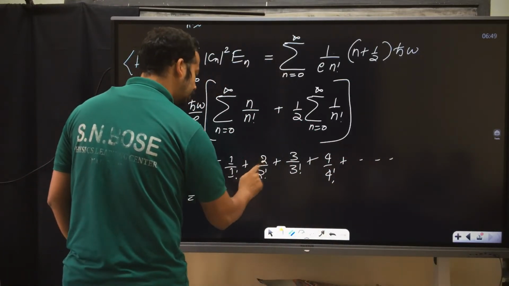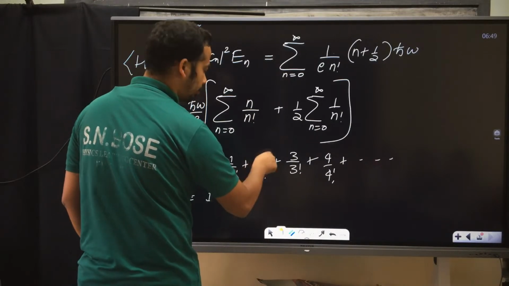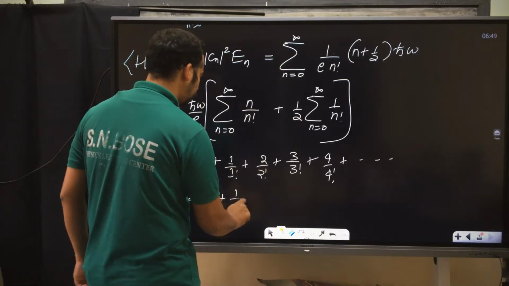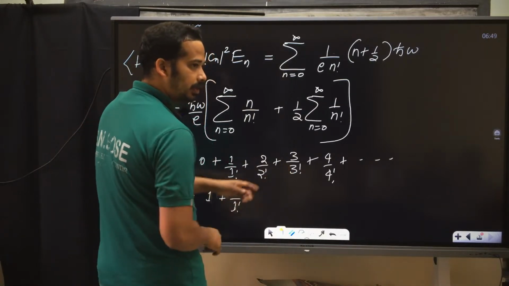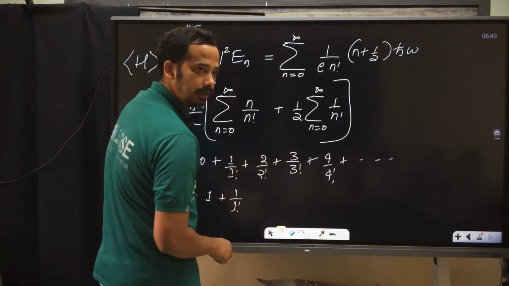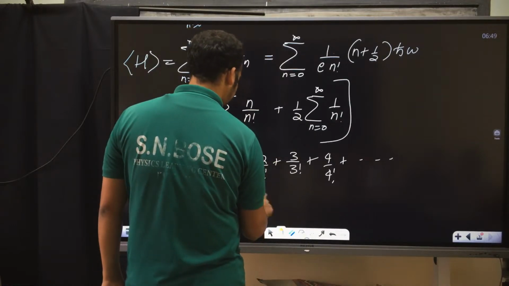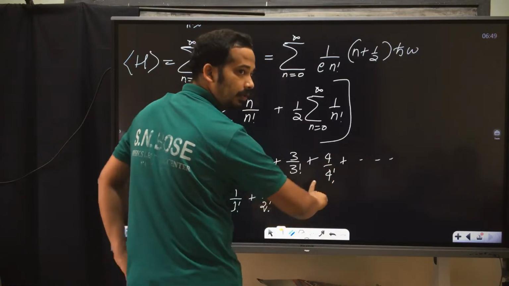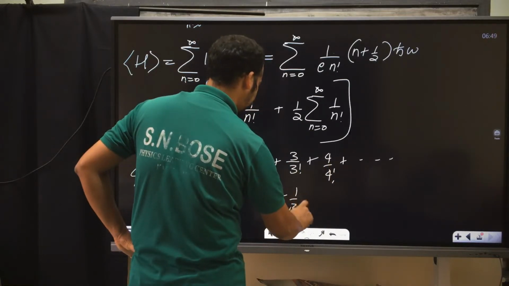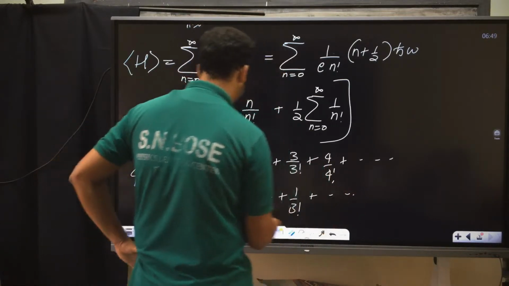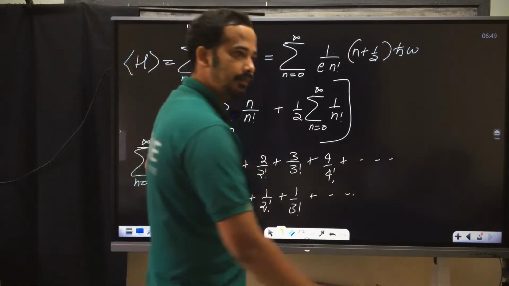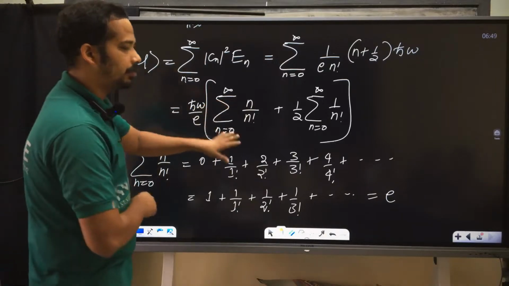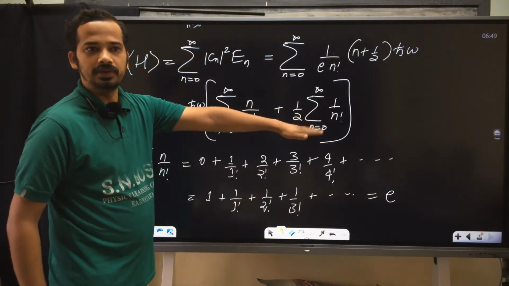What is the second term? That's also, I mean, 2. If I write the denominator as 2 into 1 factorial, this will be 1 by 1 factorial. Denominator I'll write 3 into 2 factorial. Speak up. 3 got cancelled. That will be 1 by 2 factorial. Here the denominator I will write 4 into 3 factorial, 1 by 3 factorial plus and so on. What is this one? e only, am I right? e power 1 only. So this one happened to be the same as the earlier one.